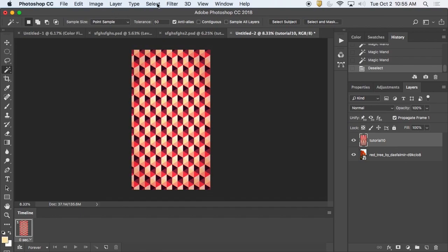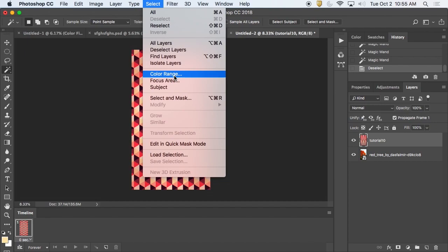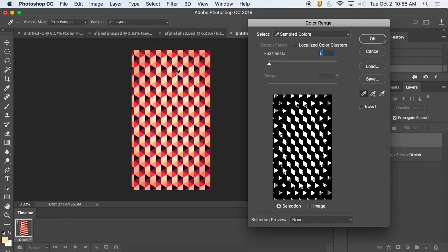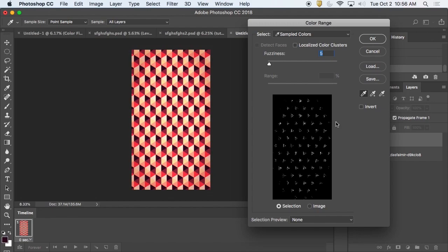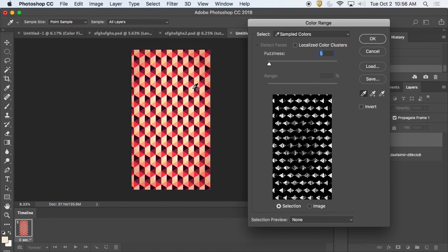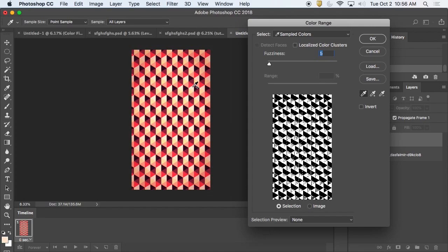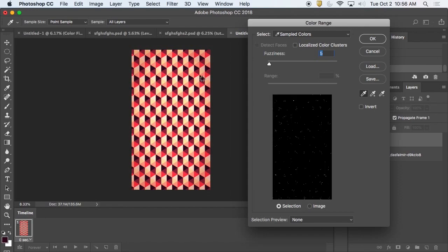Deselect. I'm going to go up to the select menu and select color range. You'll notice it automatically gave me a mask here. But I have an eyedropper tool. When I click an area of the image, it gives me a mask image that says this is the part that's selected, the white, right? Remember, the mask and selections are intertwined. Now, if I hold the Shift key and select and sort of move my dropper tool around, you're going to see that mask adjusts and changes.